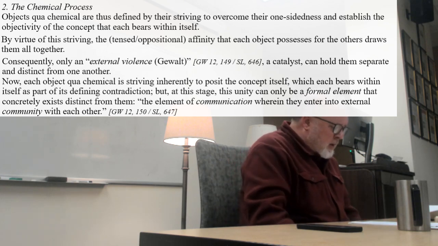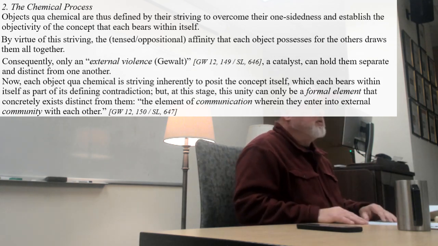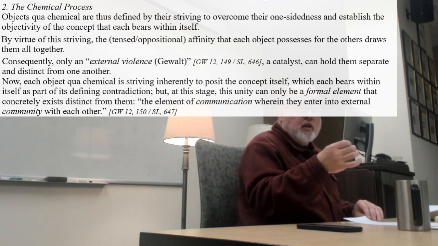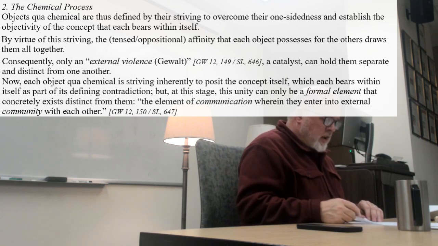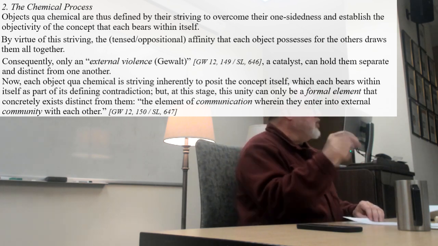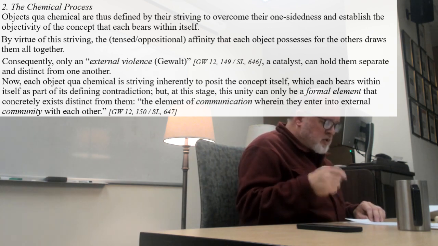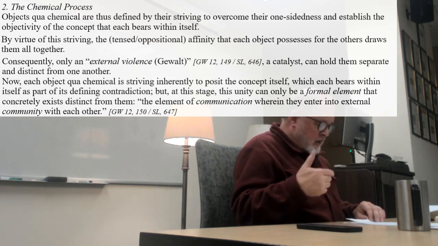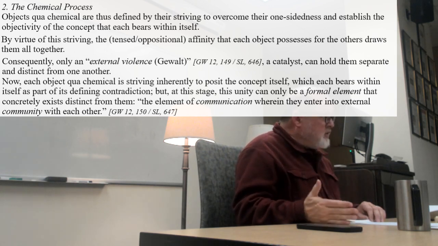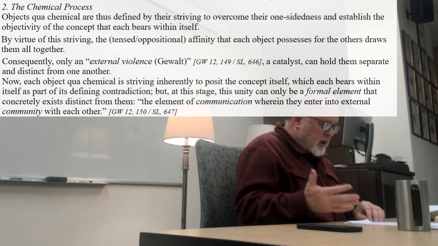Now each object qua chemical is striving, and consequently, he says, only an external violence. So here's the role of Gestalt here. Only external violence, a catalyst, can hold them separate and distinct from one another, can hold them apart. Now, each object qua chemical is striving inherently to posit the concept itself, which each bears within itself as part of its defining contradiction. But at this stage, this unity, that universality, which they all share, can only be a